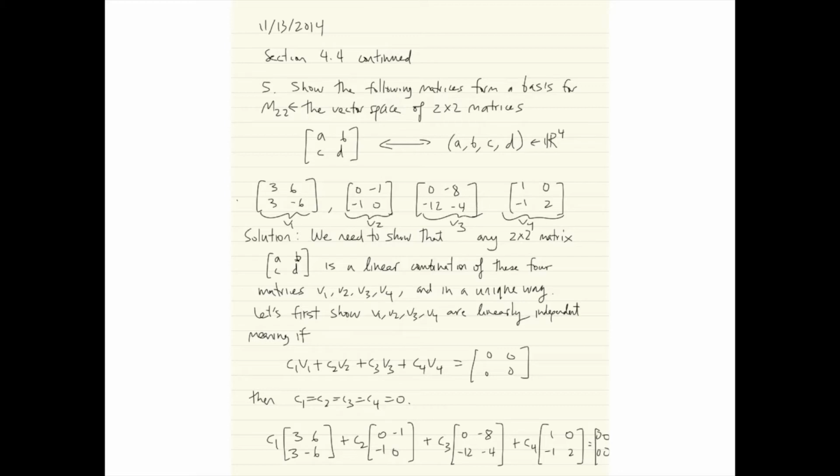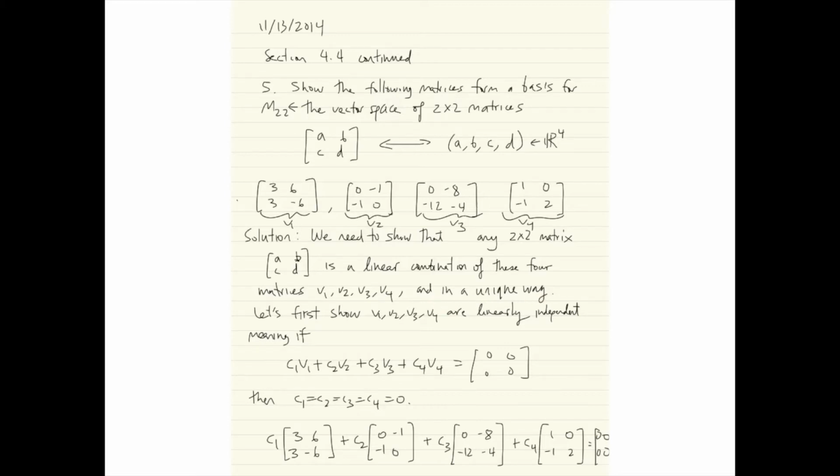So here are the 4 matrices that are given, and one way to do this problem is essentially convert these matrices into elements of R4, and that's essentially what we'll do on the next page. Before getting to that, let's just proceed a little bit more naively and say that, okay, we need to show that any 2 by 2 matrix is a linear combination of these 4 matrices here, and also that is in